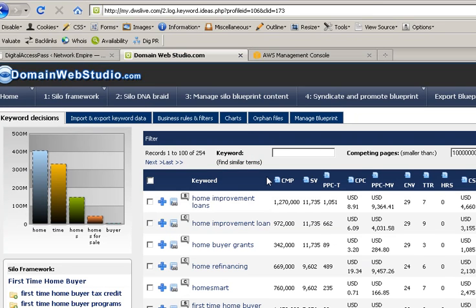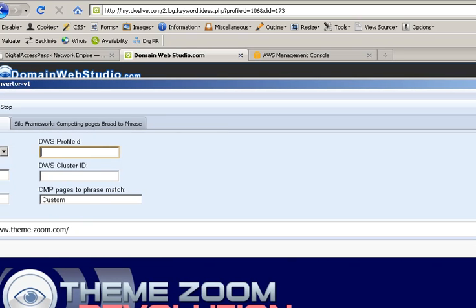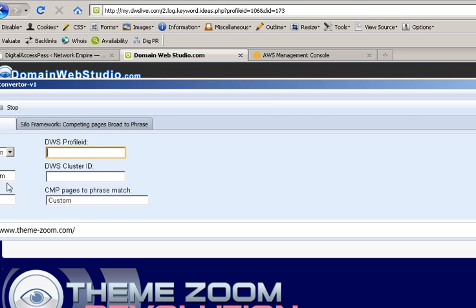Okay, so it returns me again to the Keyword Decision screen once the data is imported. And now I'm going to show you, I'm going to bring up the broad to phrase match converter tool. And over here on the left-hand side, I've got my username and password filled in, and I've taken the default for the DWS domain, which is